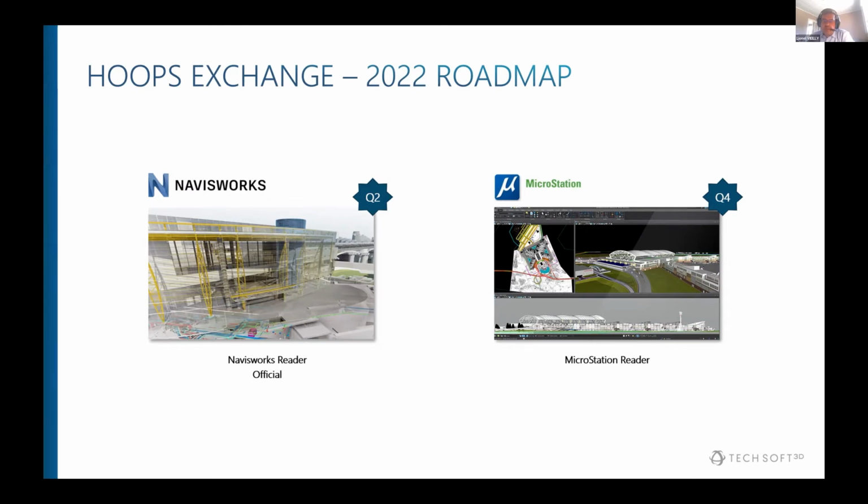MicroStation is a solution focused on design, construction, and infrastructure. The support of this format is requested by many of our partners from the BIM space. So we will start this project in Q3, and we will deliver early versions in Q4 to our partners who are interested in this format. We call them sponsors, and we do this to collect their feedback and also to ensure that what we deliver will meet their expectations. In fact, we did exactly the same with Navisworks, and we think it's a good way to move forward in this type of project.